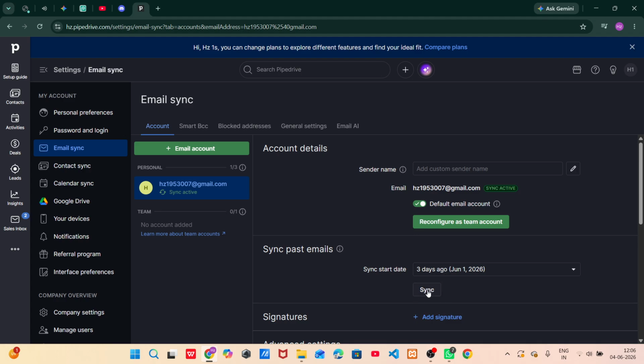After you've authenticated your email, you're almost there. The final step is to activate the sync. You'll see a button that says Sync. Click on that to finalize the connection. Pipedrive will begin the process of importing your emails, which means you'll have all your communications integrated within your sales